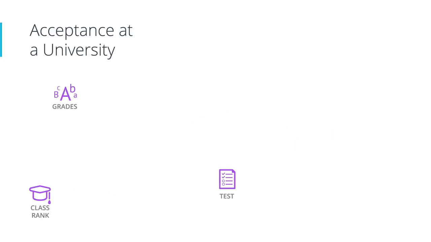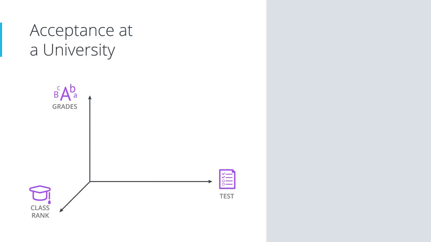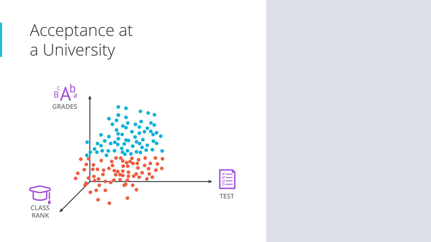So now we have 3 axes, x1 for the test, x2 for the grades, and x3 for the class ranking. And our data will look like this, like a bunch of blue and red points flying around in 3D. And our equation won't be a line in 2 dimensions, but a plane in 3 dimensions, with a similar equation